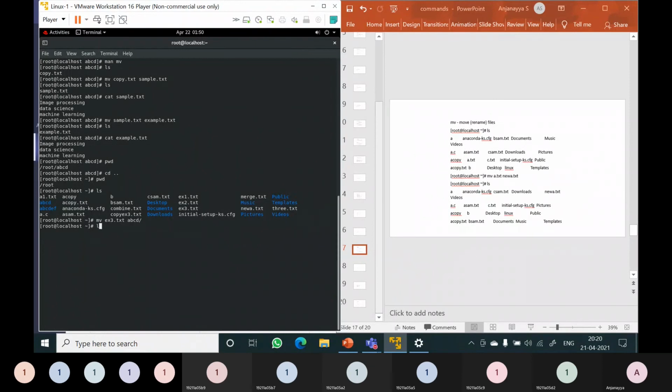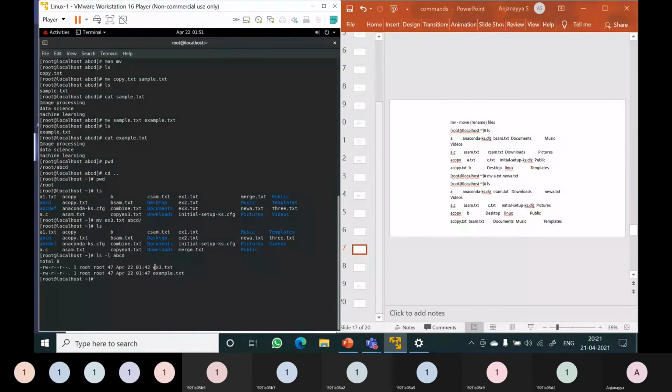Enter. Now you type ls. Now you can see that there is no file by the name ex3.txt. ex3.txt has been moved to this directory. Now you can enter this directory, ls -l abcd.